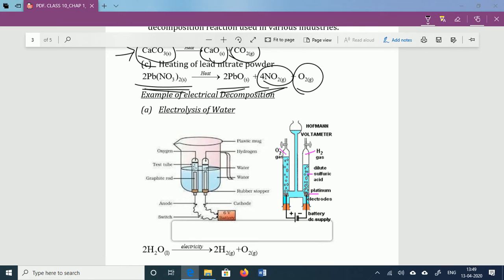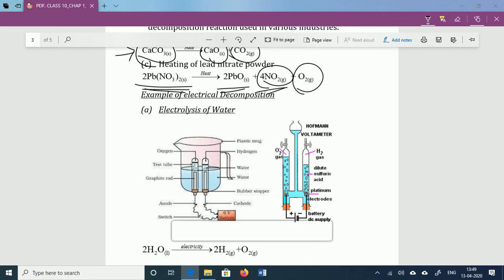We know that when we heat ice, it is converted into water, and when I heat liquid water, it is converted into vapor. But in all these cases, even if I heat the vapor, it remains in the H2O form. In ice it is H2O, in water it is H2O, and in vapor it is H2O. It is chemically not changing, only physical changes occur if I provide heat to the water molecule.